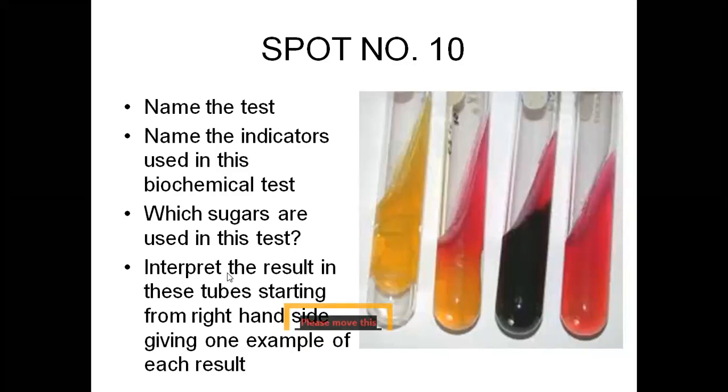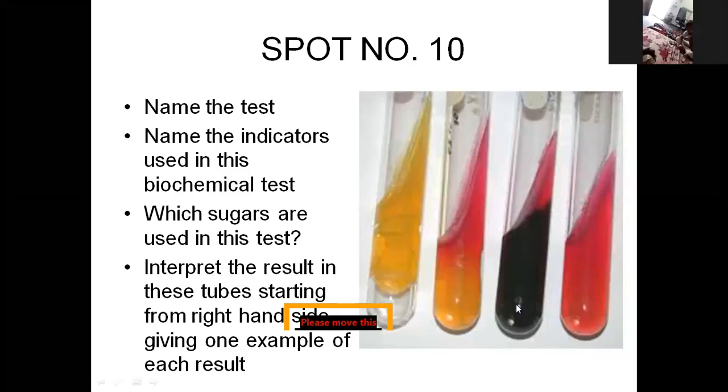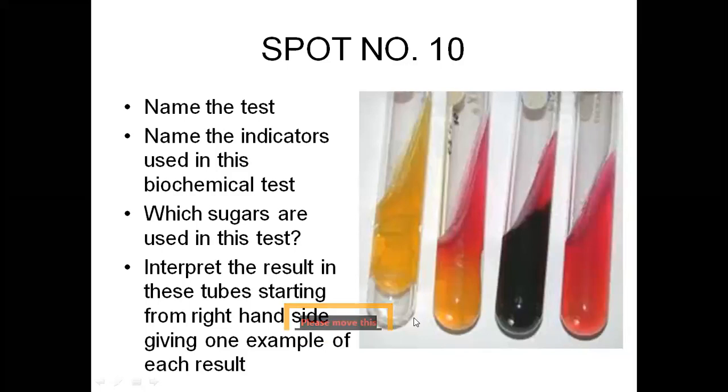To differentiate these two from each other, the identification point is that if you have a yellow butt and yellow slant without gas production, that is Klebsiella, and if you have gas production, which is carbon dioxide gas, it is E. coli. The carbon dioxide gas is going to produce bubbles in the agar, or it can just cause the agar to pull away from the sides of the tube. So this is TSI, triple sugar iron. You have an indicator, you have four results. So you can have any of these tubes